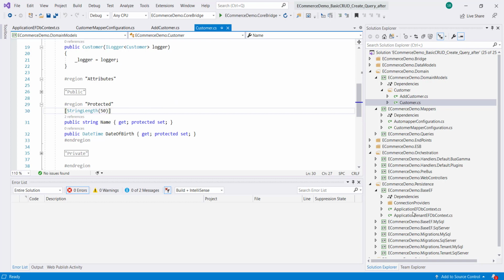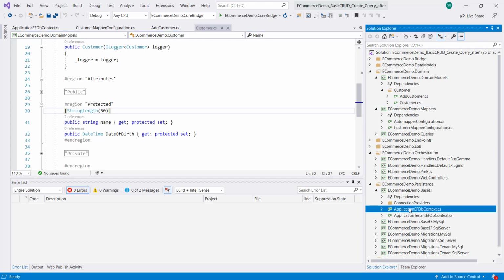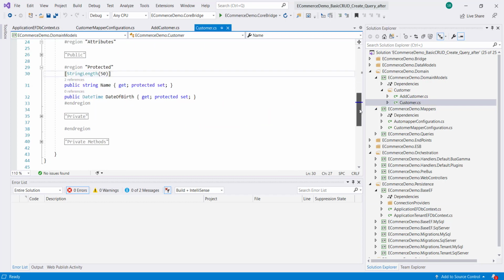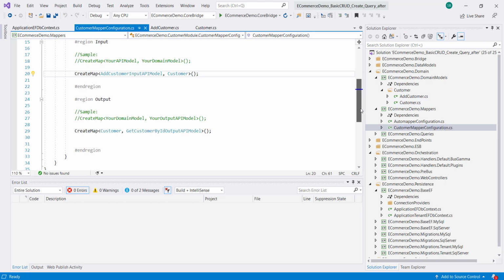All the other validations which are not generic in nature can go to the DB context. Now our model is created. We have the fields, we have the mapping ready for us. Now let's see what next.